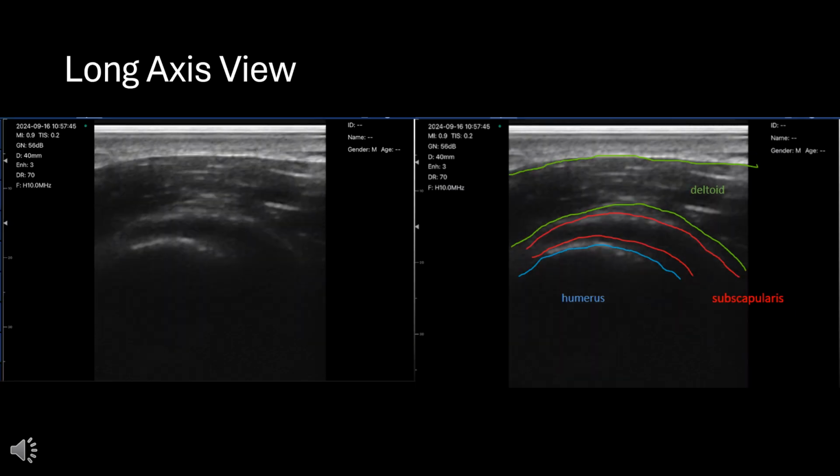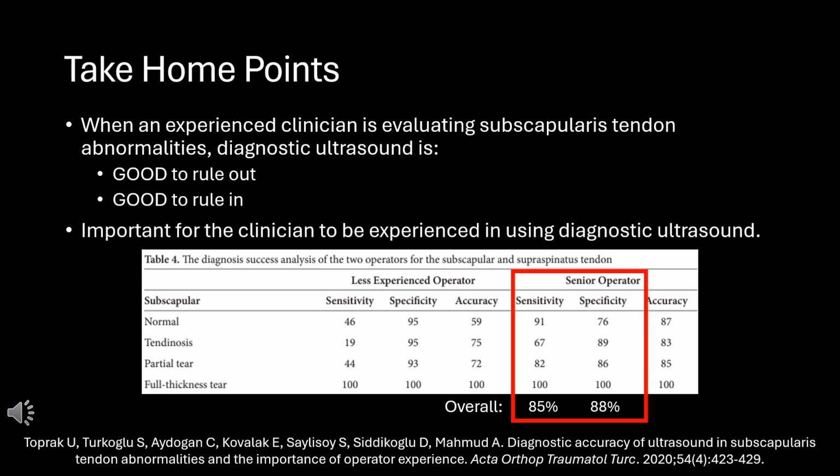Similarly, in long axis view, the humerus is identified by a reflective cortex. The deltoid still appears as hypoechoic with irregular striations, and the subscapularis is between these, appearing more hyperechoic and densely striated. When the clinician is experienced in using diagnostic ultrasound, it is a good method of ruling out and ruling in